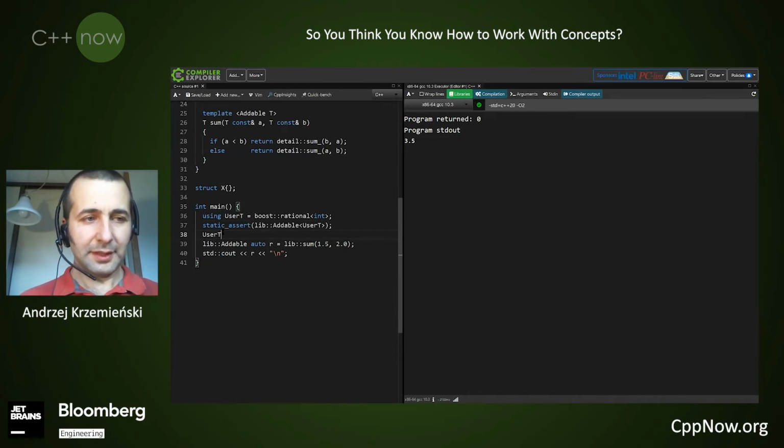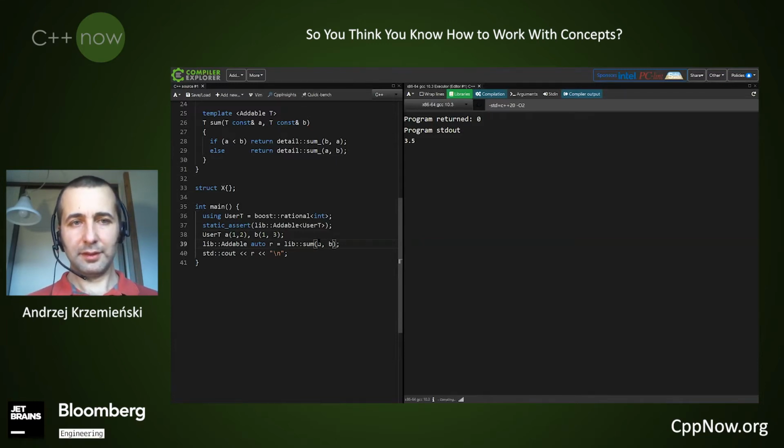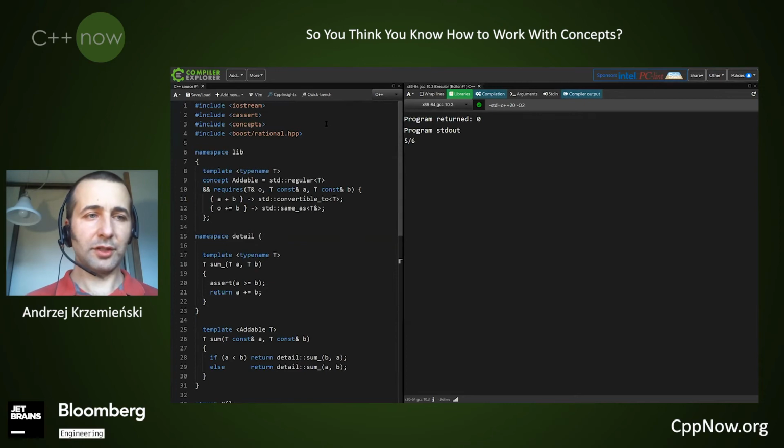A will be 1/2. B will be 1/3. So when we sum them up, we expect it to be 5/6. Compiling. Yeah, 5/6. Let's just give it one other shot with Boost multi-precision library.